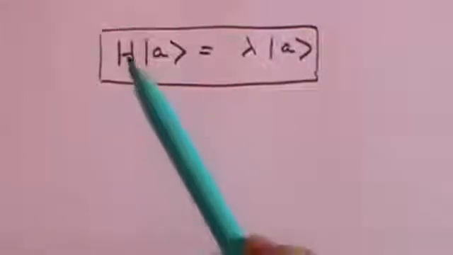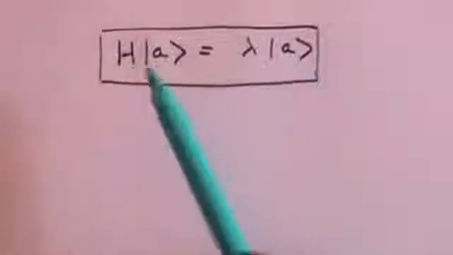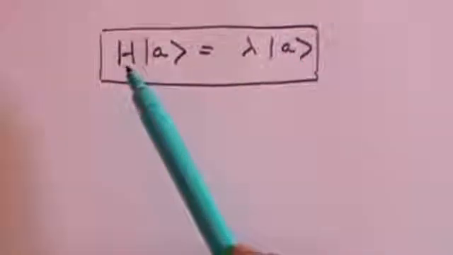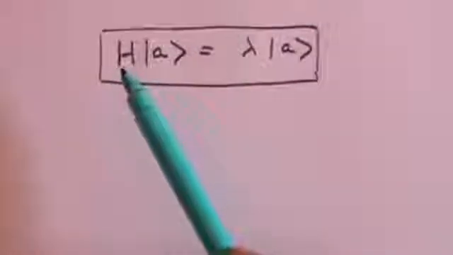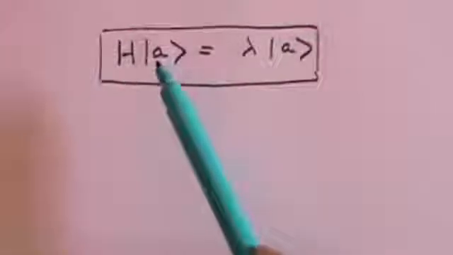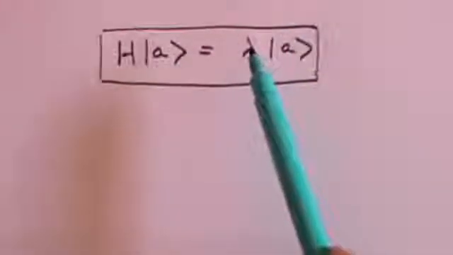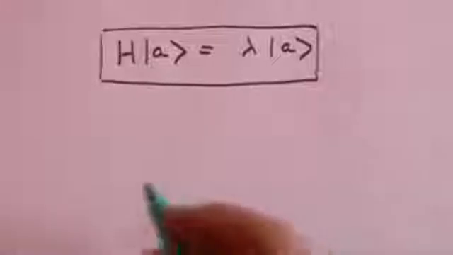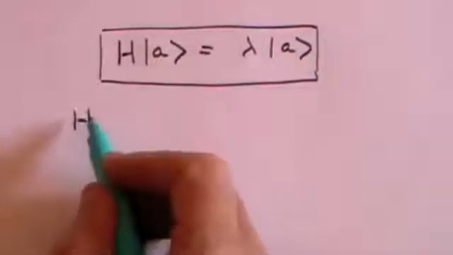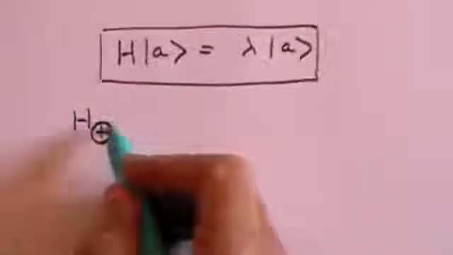And I said that you could assign physical meanings to these. H, the Hermitian matrix, becomes the operator or the measurable or the observable, the experiment if you like. The eigenvector is the state the system can be in, and lambda is the result that you get. So let's say that I have an experiment which I will call H, and I'll put a little circle there,